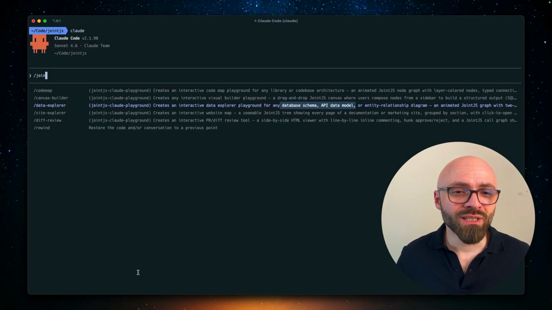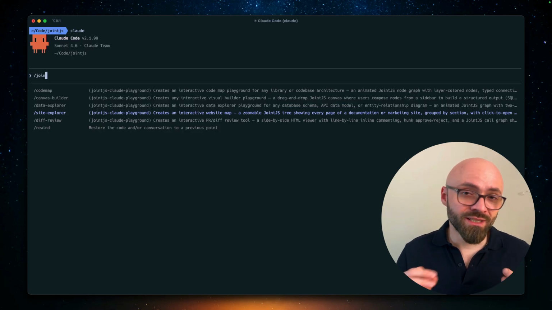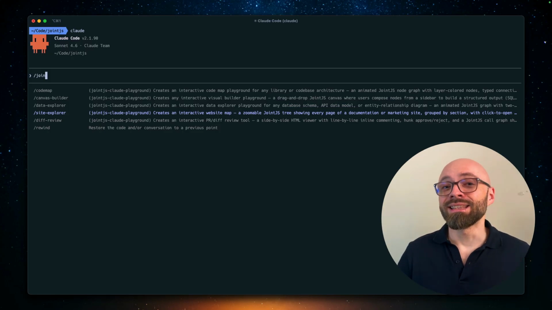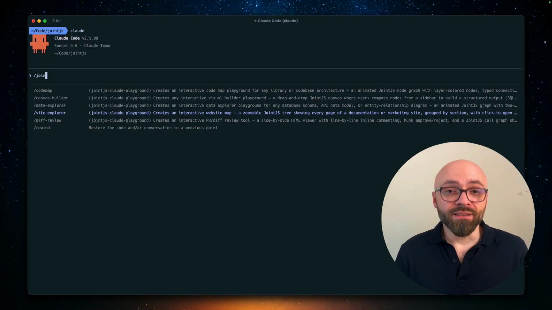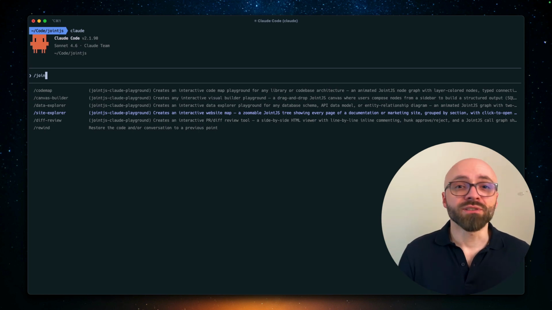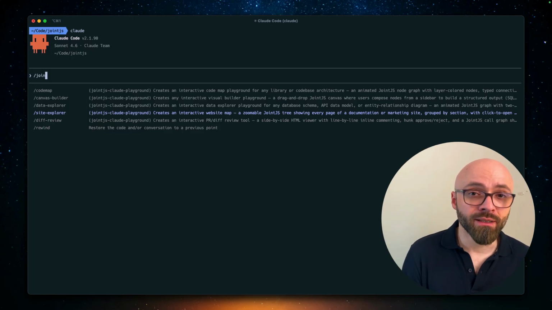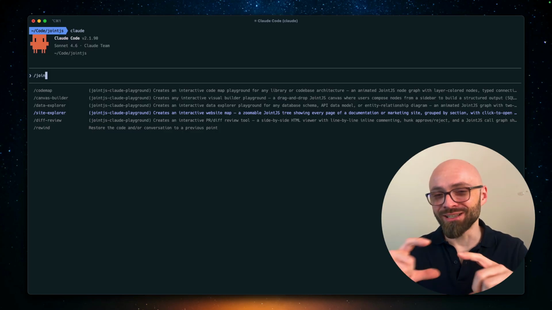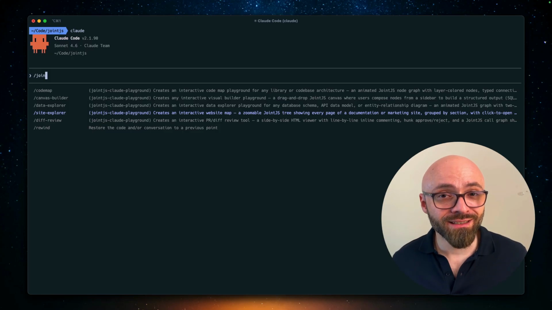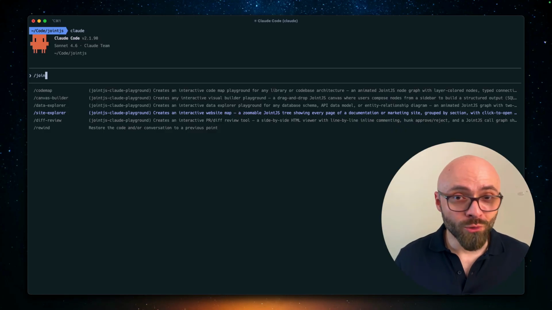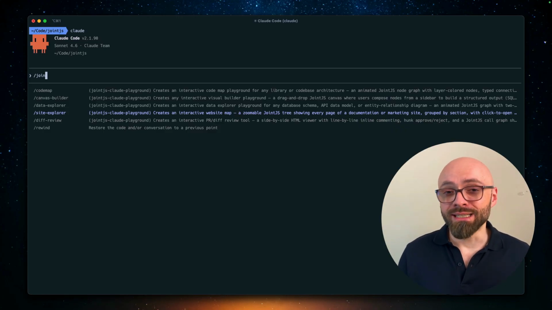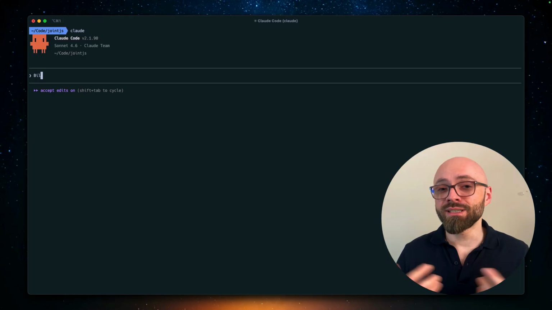Another skill that we have available here is Site Explorer. Just as the title says, this enables you to create a visual representation of a certain website. Behind the scenes, this skill uses sitemap XML or any other type of document that it might find that has your site structure. If it doesn't find anything, it is just going to crawl your website and figure out exactly what the structure is. So you can just say something like